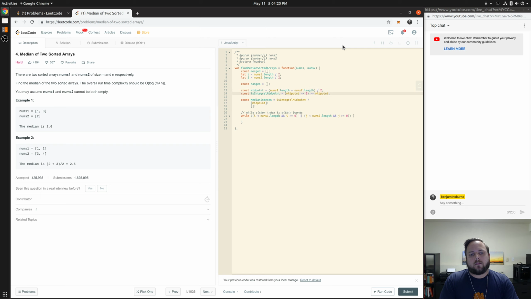Is my midpoint like I'm being too finicky about this right now? If this was a job interview, and I was writing on a whiteboard, there's no chance in hell I would actually be this finicky. So this is probably an example of why I should be using a whiteboard and not actual code. But anyway, so my midpoint here is going to be